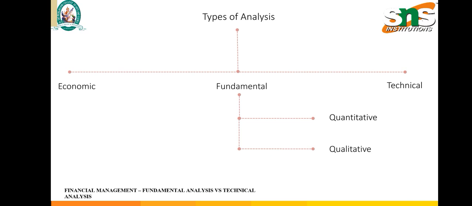In a quantitative approach, the numbers are analyzed: the company's profitability, expenses, whatever the numbers there are in the financial statements of the company. As for the qualitative approach, it talks about the staff and the management qualities, directors, management, decision making skills. So everything will be coming into the qualitative analysis.